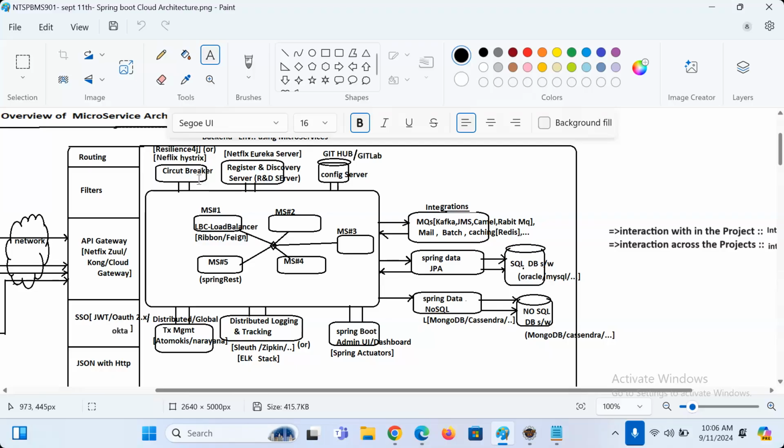Whenever an exception rises, instead of displaying technical error messages on the front end, it's better to display some non-technical guiding messages. Okay, that's one use of circuit breaker. Sir, for that, exception handling is sufficient. Now, what is the need of circuit breaker? Now I will tell. Listen very carefully.